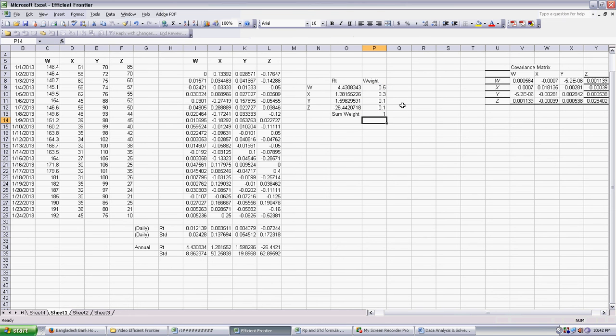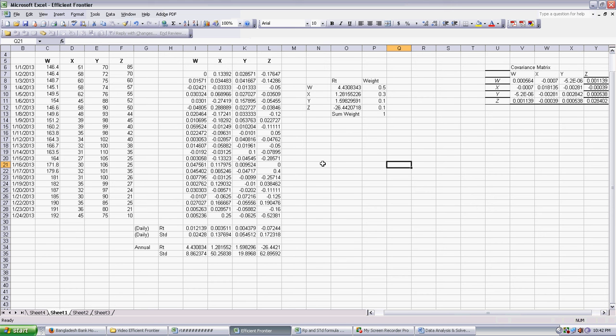So you know the sum of weight should be equal to 1. So we sum this four weight and we got 1. So make sure the sum must be 1. So you need to put the weight of this stock based on your assumptions or based on your consideration. So we got here 1,